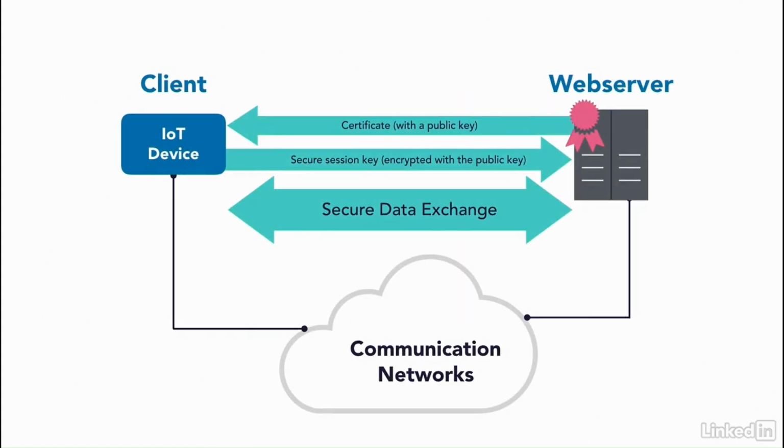How HTTPS works is like this. Suppose our IoT device is a client and it wants to establish a secure end-to-end connection to another device as a server. Now, the server will send a certificate issued by an authority to the client. This certificate includes the server identity information and a public key. The client will then use this public key to encrypt